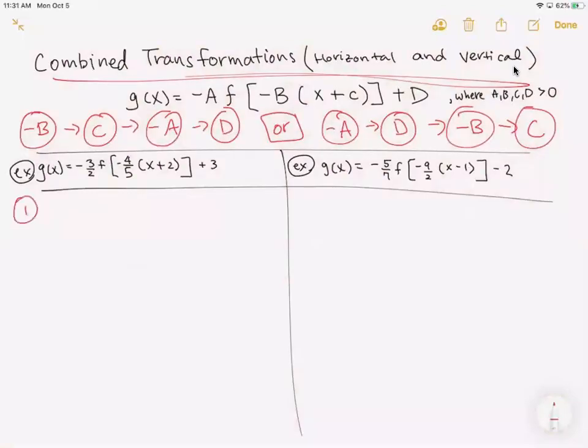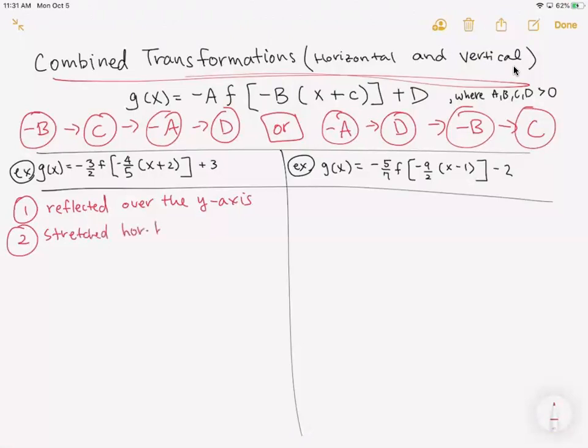So for the first example, if we do negative b, c, negative a, d order, then we can do the negative part first and then b, or b and then the negative. Negative represents reflection, so I'm going to do that first. f of x will be reflected over the y-axis. Then second, b is 4/5, so it will be stretched